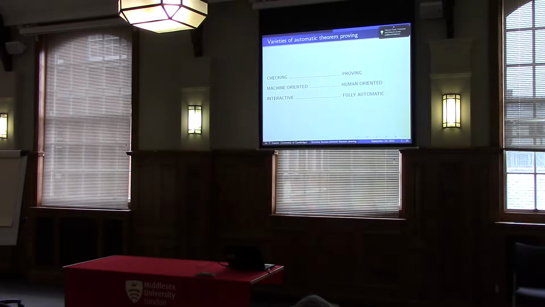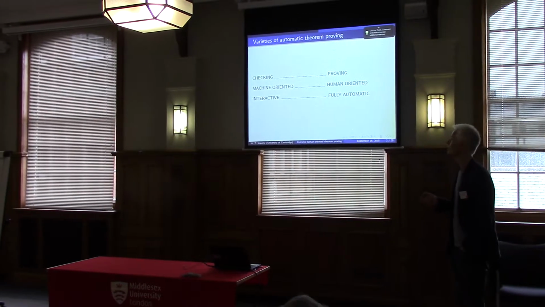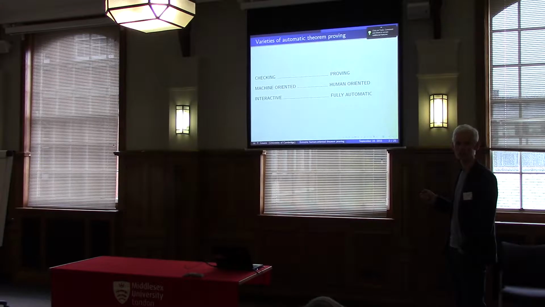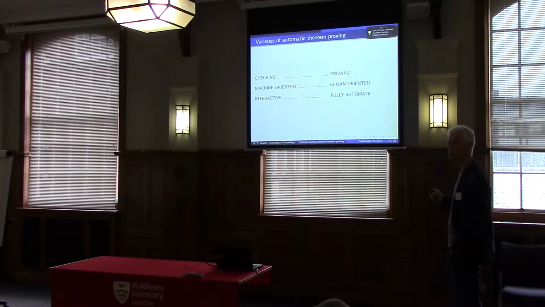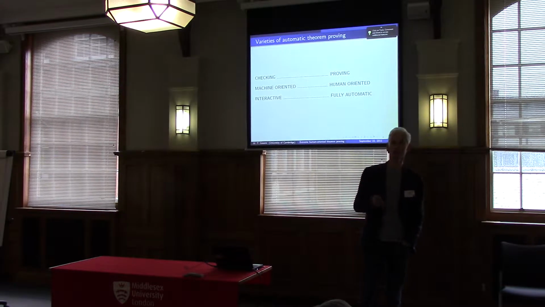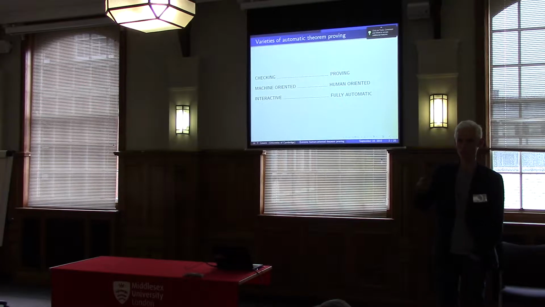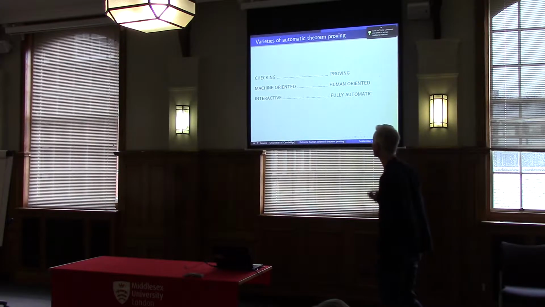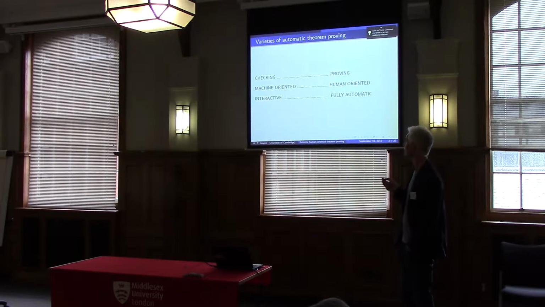In things that often go under the banner of automatic theorem proving, there's a spectrum between checking on the one hand, formal verification and so on, which we've heard a lot about in Thomas Hayward's talk, and proving, where the emphasis is to try and get your computer actually to find proofs. At the extreme end of checking, you put in all the steps, but unless it passes the formal verification, it doesn't count. Proving, at the extreme end, would be you just put in a statement and hope that the system outputs a proof.